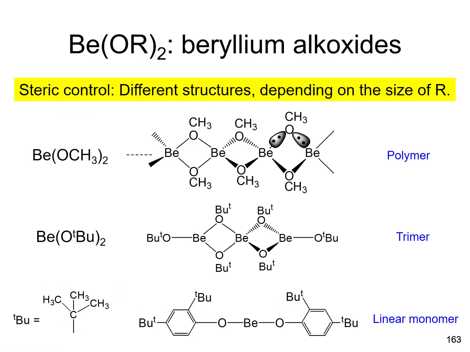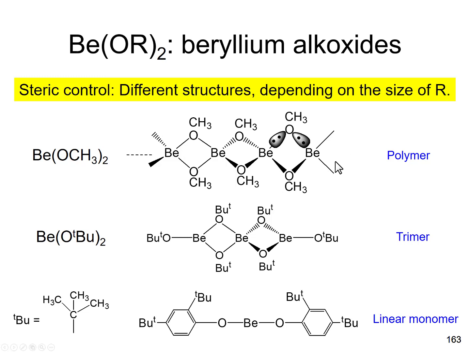Smaller beryllium alkoxides behave in a very similar way, because alkoxide contains 3 lone pairs. So if you have a compound with a small alkoxide like methoxide, then you have an analogous polymeric structure as observed for the beryllium chloride. However, you can tune this kind of structure by increasing the alkyl group. So if you change the methyl group to a tertiary butyl group, which is significantly larger, then you do not form a polymer anymore, but what you observe instead is the formation of a trimer. And that is because the tertiary butyl groups here are so large that formation of a polymer is sterically less